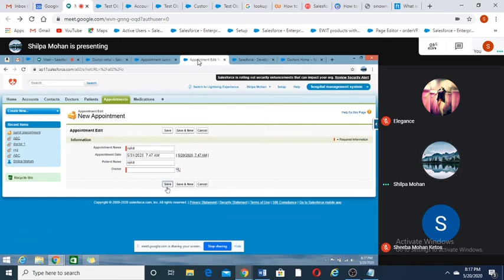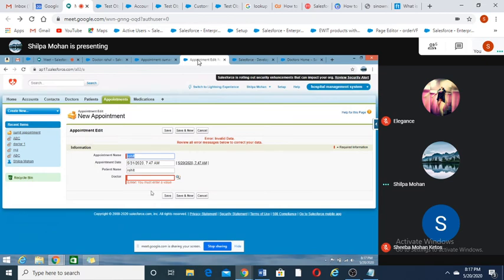Now save it. So it says you must enter a value. This is in case of master detail relationship. Doctor should be present. That means the parent should be present. If parent is not present, it will not take. That is in case of master detail relationship. And in case of lookup relationship, if it's not present also, it doesn't matter. Okay. And there is one more setting for master detail relationship based on sharing settings that we will cover while we are doing sharing settings topic.